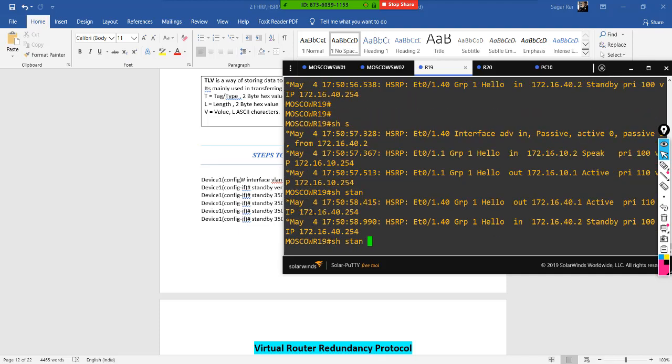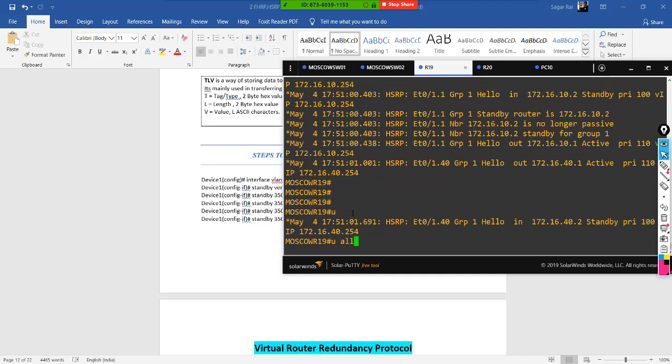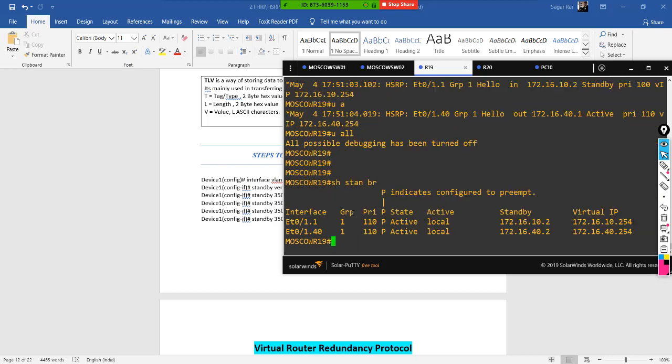Let's see the output now. Show standby brief. It has taken the standby role, and we also have this router acting as standby for VLAN 40.